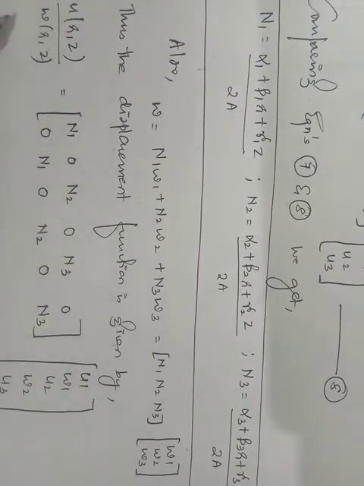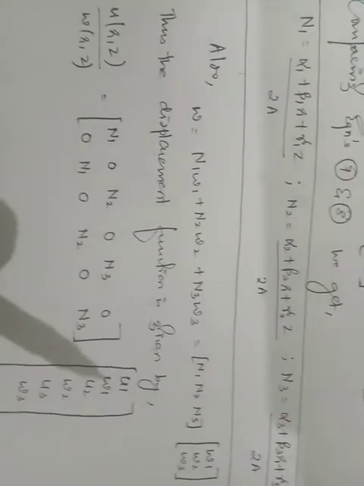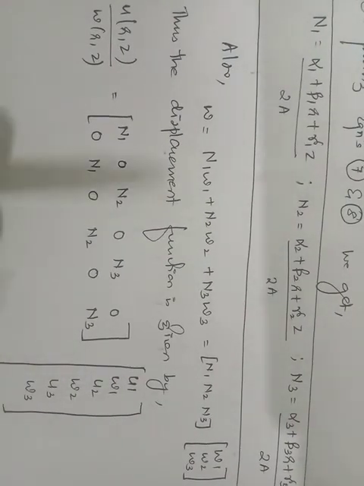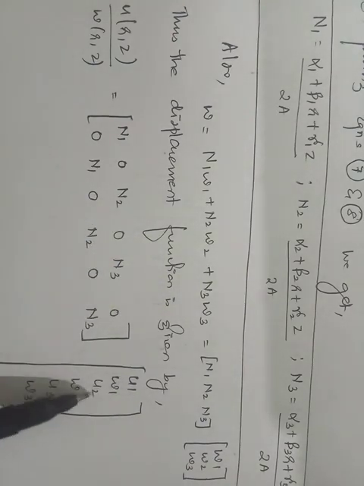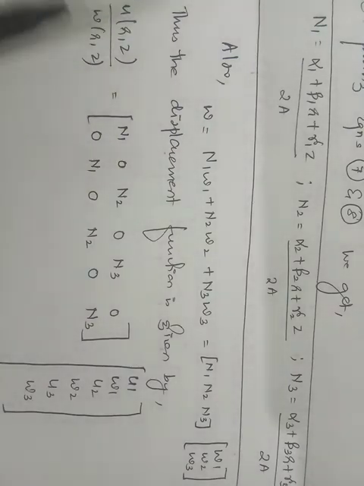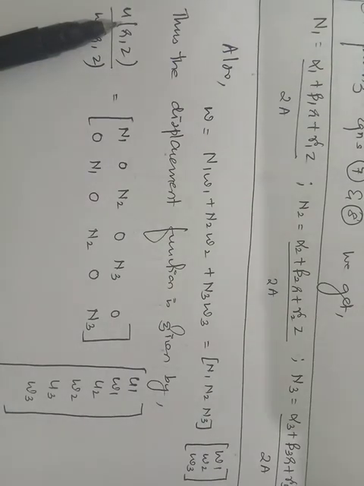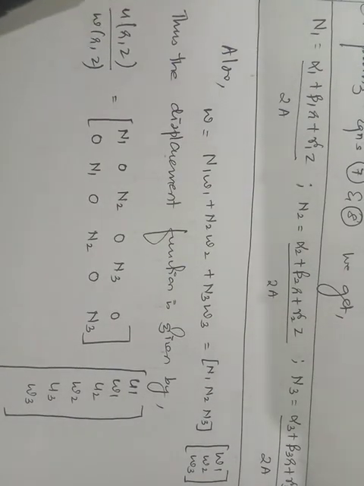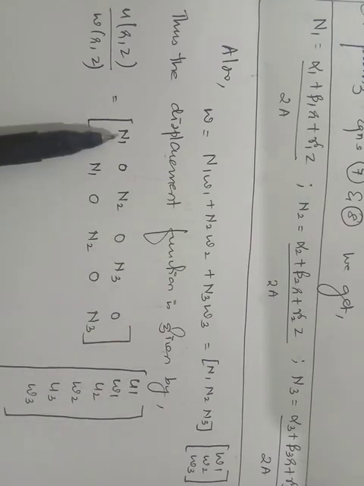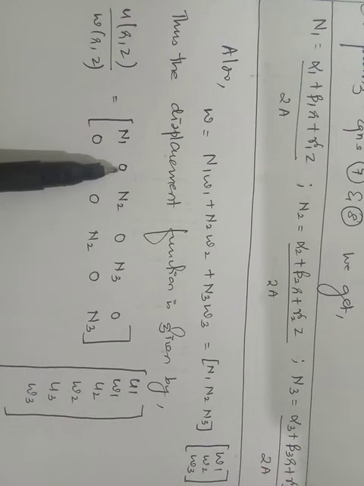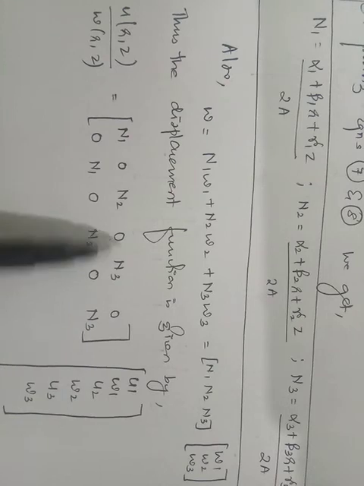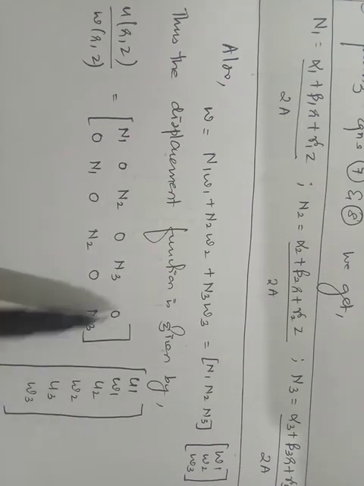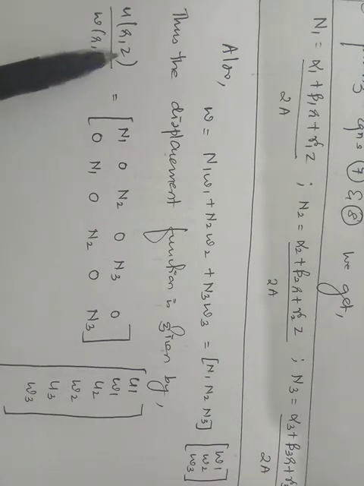Now both u and w, if you are going to write it in general, it is just a general displacement function. So I have just written here the displacement function is given by, with the degrees of freedom u1 w1, u2 w2, u3 w3, right? Now for the first case, that is for the u case, all w's will be 0. So wherever w comes, that should be taken as 0. u1 into n1, w is not there for u, so it becomes 0. n2 u2, w is not there for u, so it becomes 0. n3 u3, the last term is not there because w is not there in this displacement, so it is taken as 0.